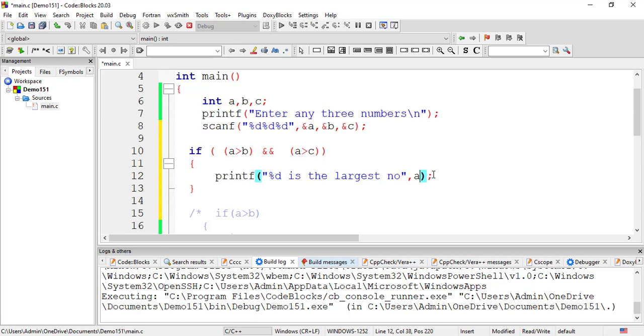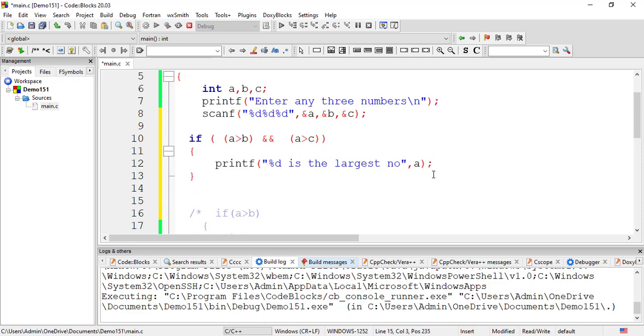Immediately I have taken the decision. Second comparison I can make is, again, I can write an expression like this. If, again, let's say B greater than A. Again I can put inside the bracket B greater than A